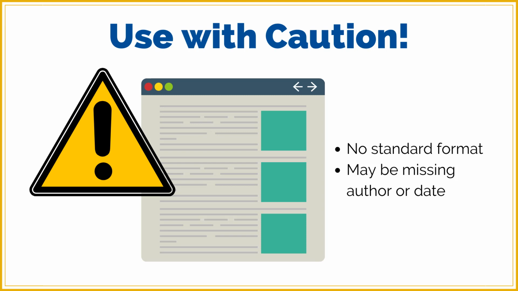Use automatic citation generators with caution as they are not always perfect. You may be familiar with citation generators available in library databases. Unlike library databases, information on web pages does not need to be entered in any standard format. It may also be missing information like the author's name and publication date. For this reason, automatically generated web page citations are often less reliable than those for resources found in library databases. Always check these citations against TCC or official citation resources before including them in a class assignment.